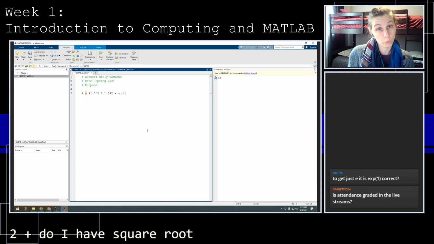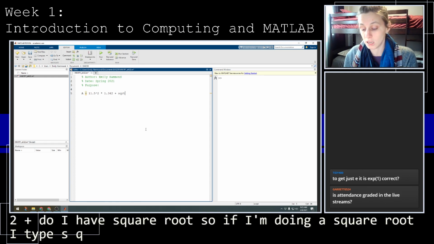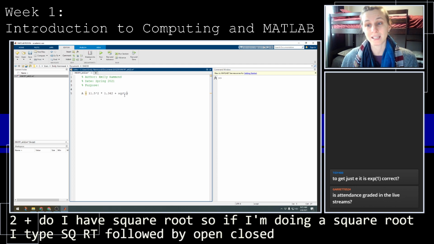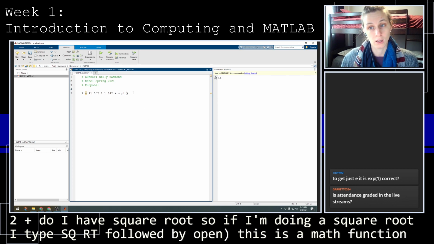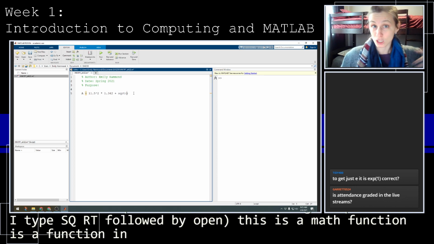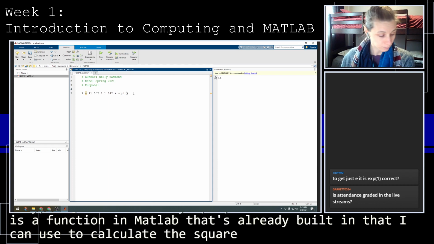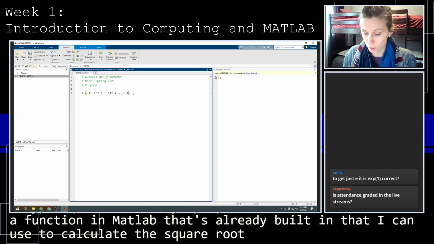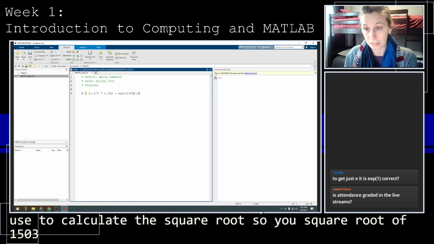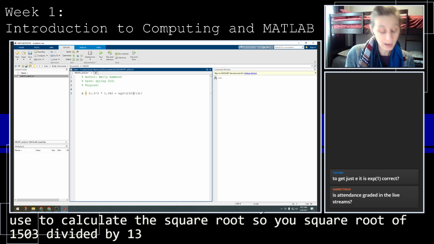If I'm doing a square root, I type sqrt followed by open close parentheses. This is a math function. This is a function in MATLAB that's already built in that I can use to calculate the square root. So I do square root of 1503 divided by 13. And I'm going to divide that